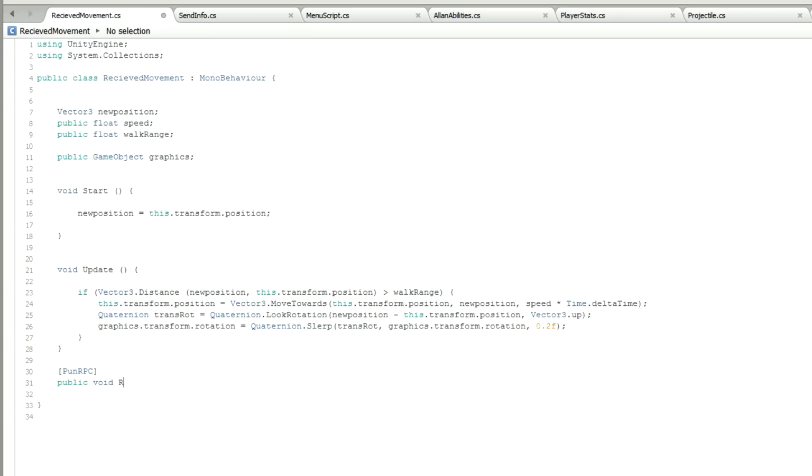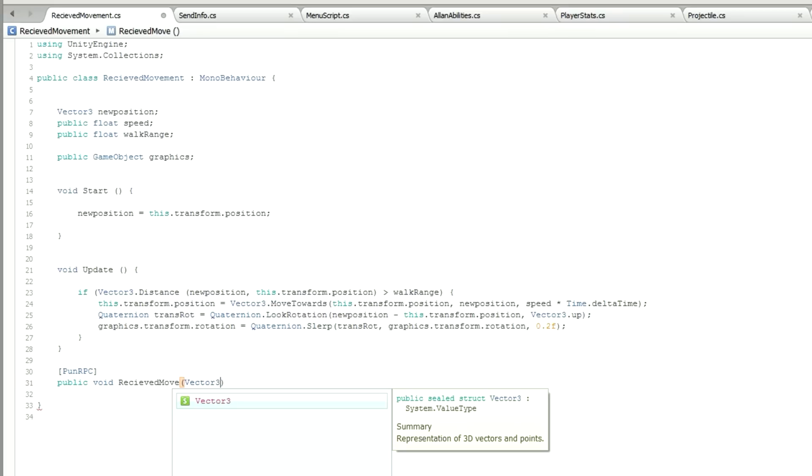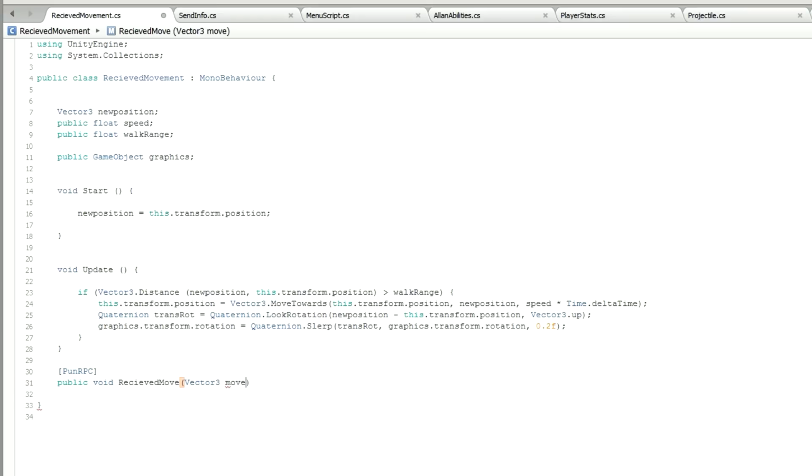received move. Actually, we'll just call it ReceivedMove. And within this function we're going to add some more brackets here, and we are going to want a Vector3. Now, if you're lost in this position and wondering what on earth is going on, we call this move position right there. Beautiful. Okay, we've just created our function here. Basically, this is the way this script is going to receive the place we want to go. Now, because we don't want anybody else to send it,